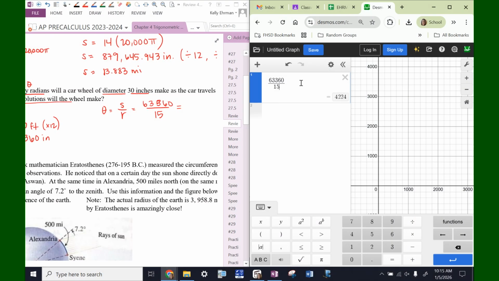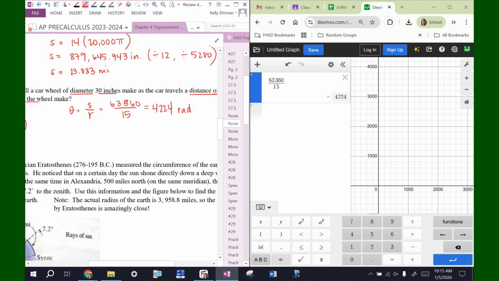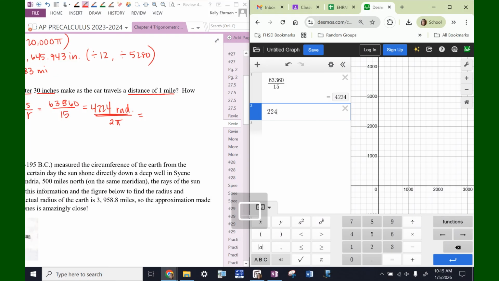63,360 divided by 15 is 4,224 radians. And theta is in radians because remember, this is the radian formula. So that's how you get theta in radians. How do I figure out revolutions? Well, remember, one revolution equals 2 pi. So if you divide the number of radians by 2 pi, then you're going to get how many revolutions. So 4,224 divided by 2 pi is